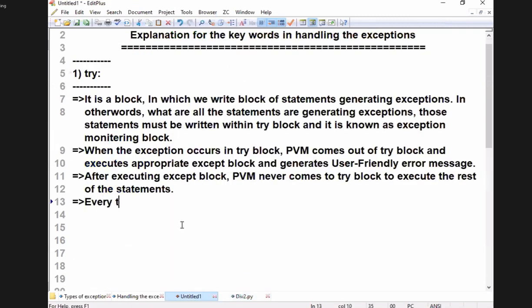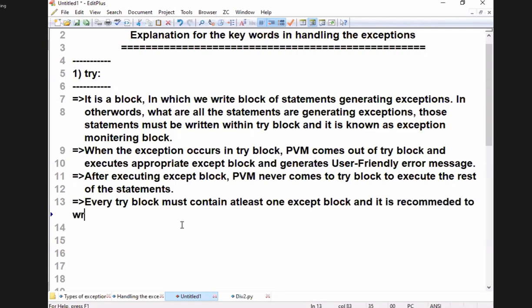Every try block must contain at least one except block. Is it only one except block or many more? It is recommended to write multiple except blocks for generating multiple user-friendly error messages.